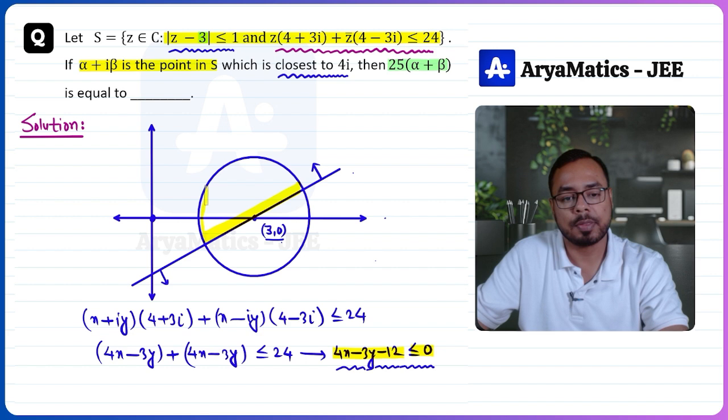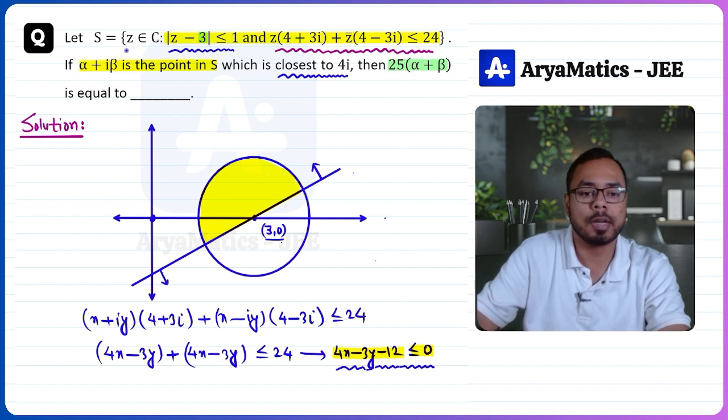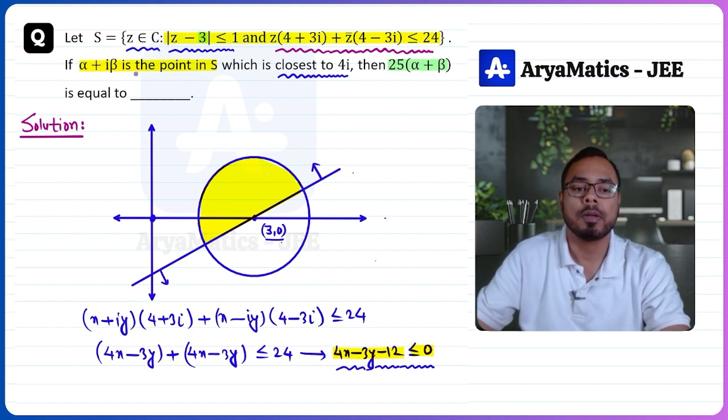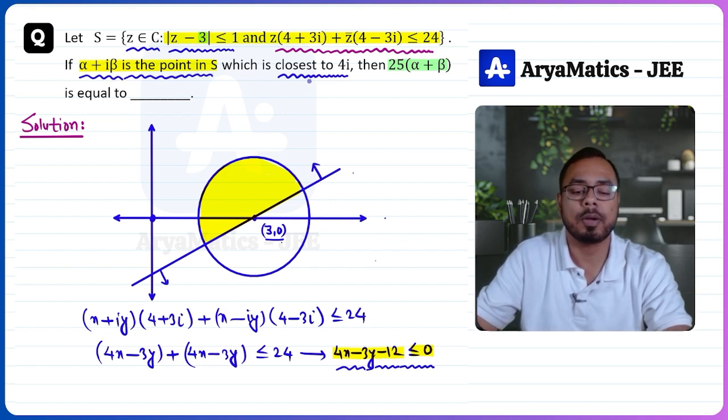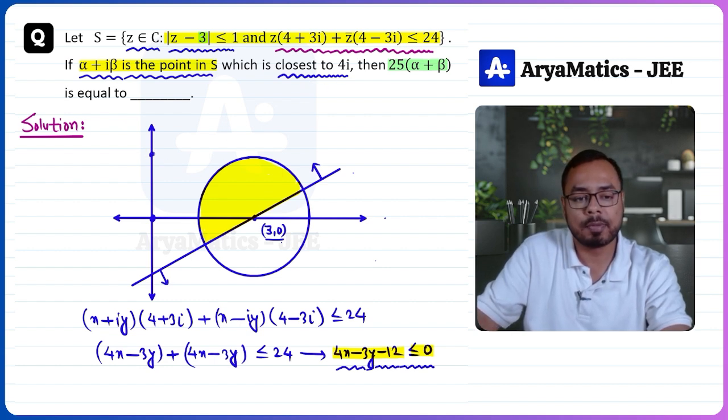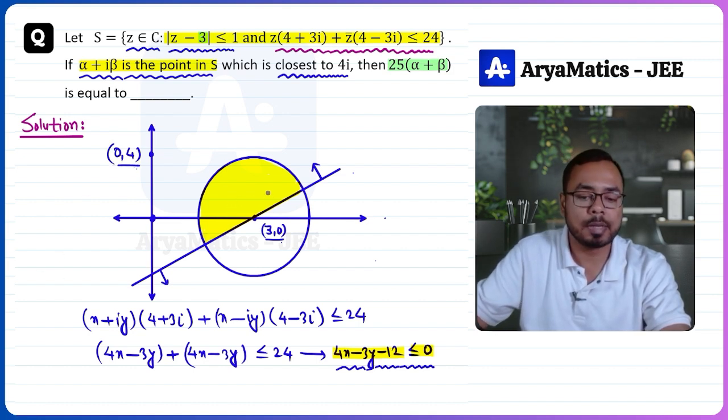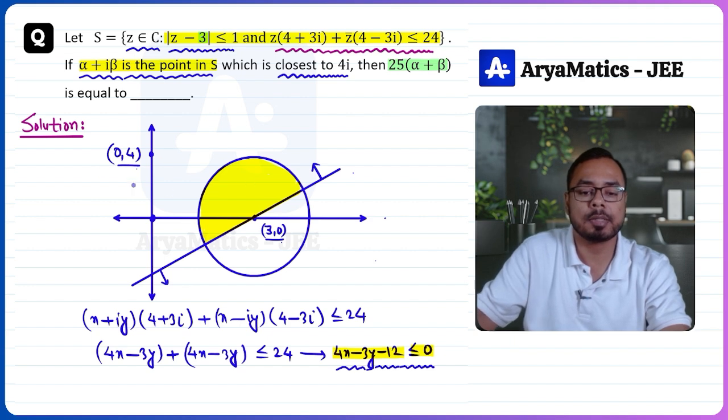So that means this is the intersection of the two inequalities, right? In this shaded region, the point S is representing all the points in this shaded region. Now, alpha plus iota beta, this is a point in S which is closest to 4 iota. Now 4 iota will be somewhere here. This is point 0, 4, right? This point will be 0, 4, and S is a point in this shaded region,